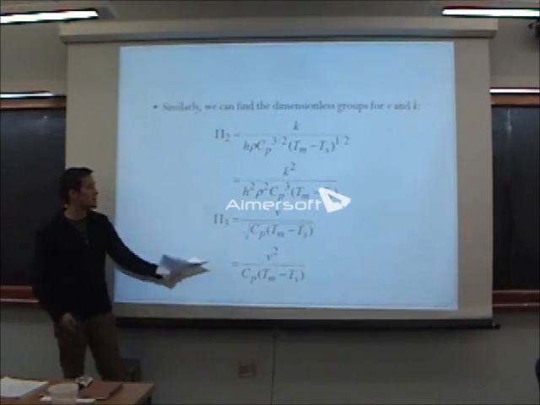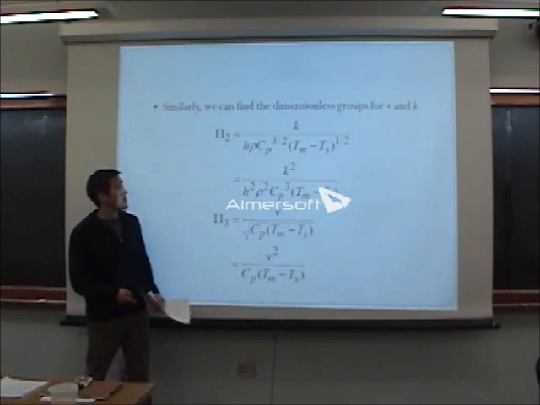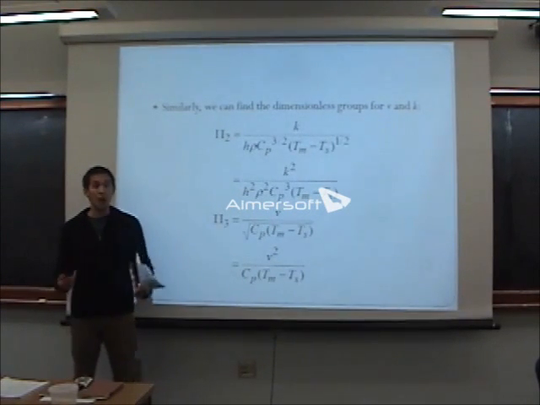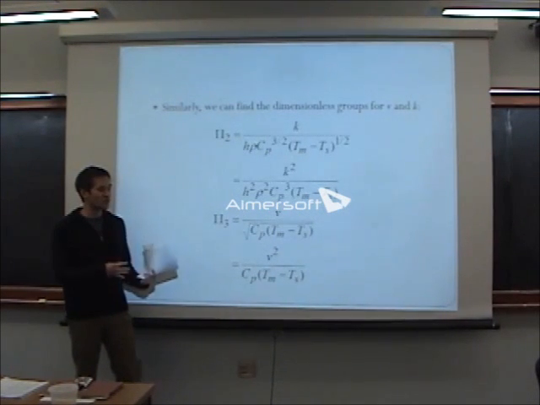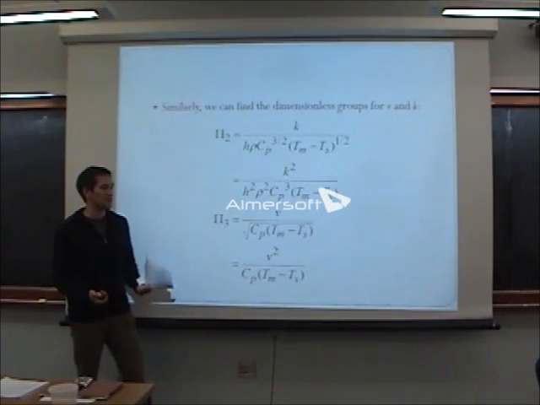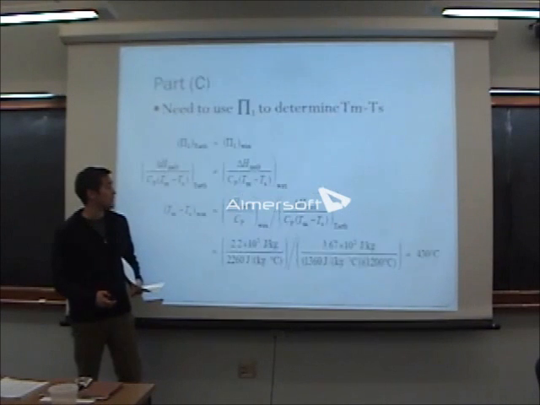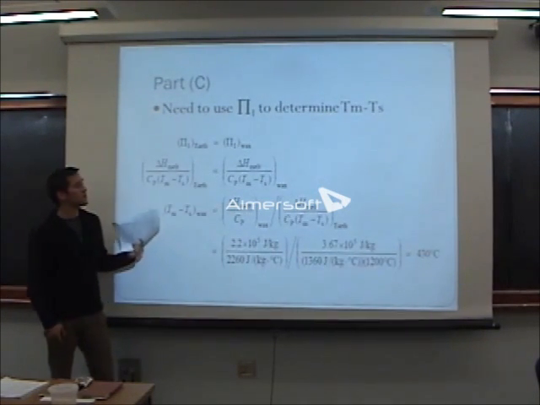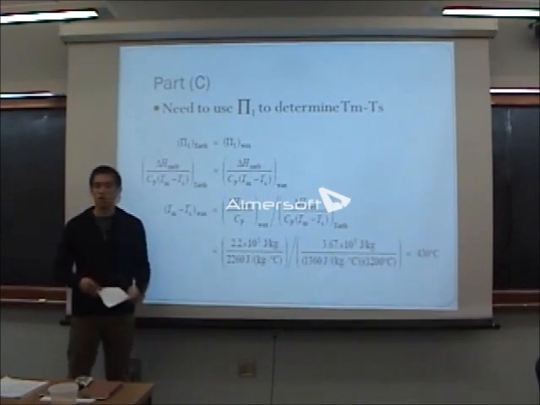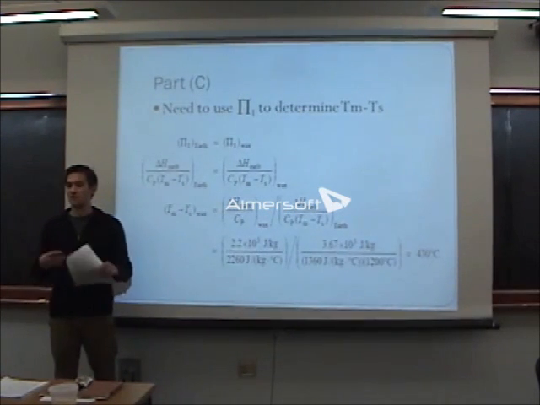So as you see, the denominator is similar in all the dimensionless groups. So we have the dimensionless groups, and now we can do the scaling to compare the professor's model to what actual plate tectonics are like in the Earth's crust. So for part C, we use the first dimensionless group to determine the delta T for your